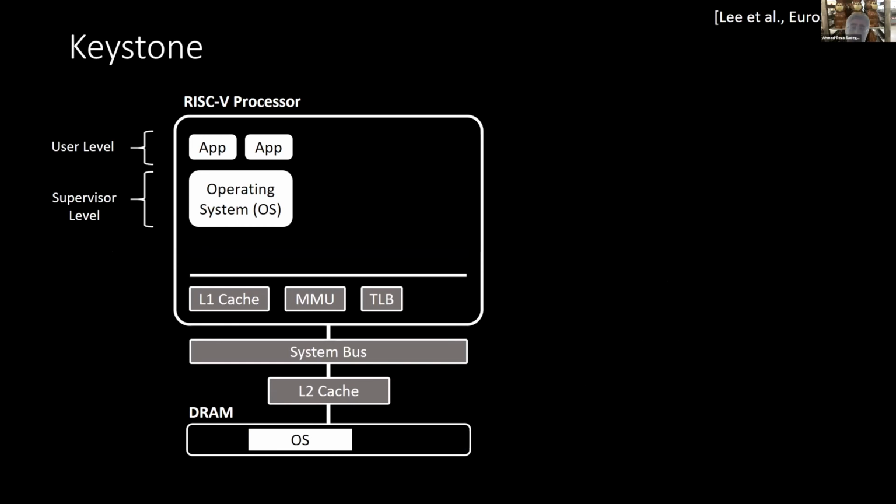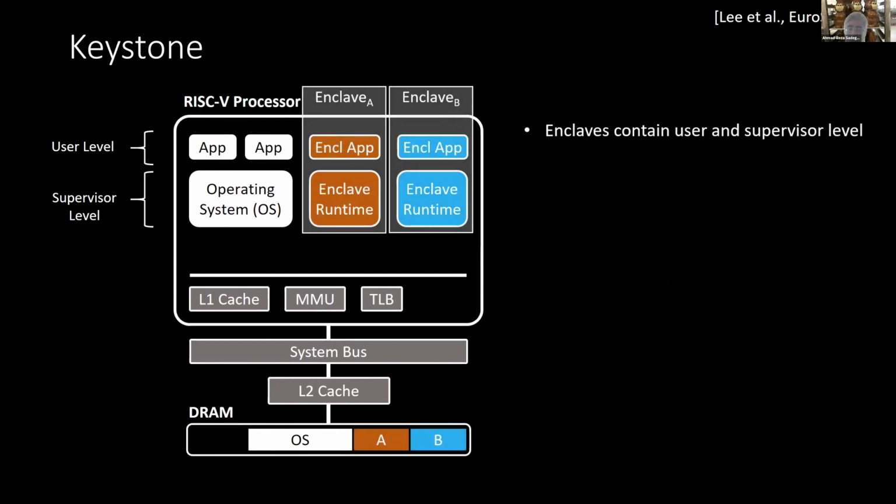This is kind of the flagship of the RISC-V community and foundation. And here we have another architecture. This architecture came after Sanctum. Sanctum used the first versions of RISC-V. Here, you see that you have an enclave with a runtime. For example, not only is your application running in an enclave, but the drivers can also be put in an enclave, which is important because drivers are a source of lots of security vulnerabilities. So they are in the isolated environment.